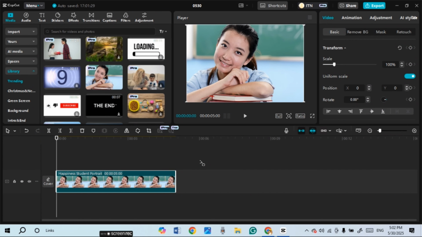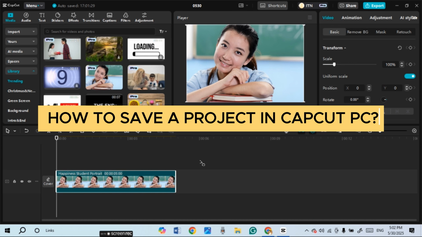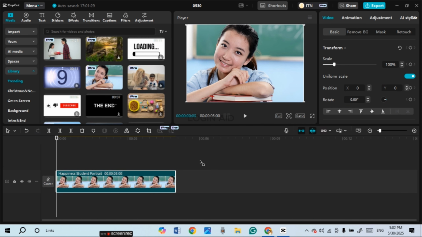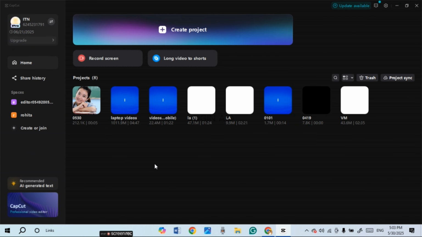In this guide video, I will show you how to save a project in CapCut PC. Saving a project in CapCut PC is actually very simple. If you're working on a project and you want to save it without exporting it, that means you want to save this project within CapCut, all you have to do is simply close this project file. Simply click on the cross icon that you can see at the top right corner of your screen. Now you can see over here that particular project will be closed, but